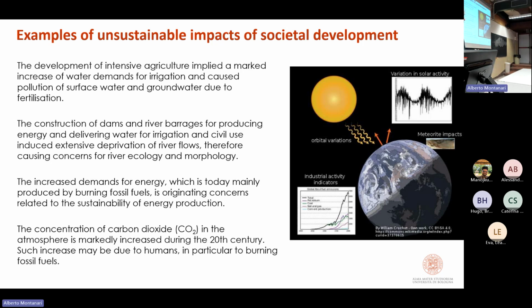Conversely, with an increase of the temperature of the ocean, there is a massive release of CO2 by the oceans. So you see that CO2 concentration in the atmosphere and global temperature are related processes, which means that if for some reason you increase,